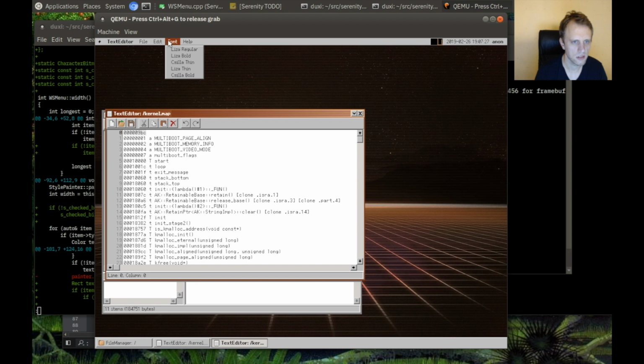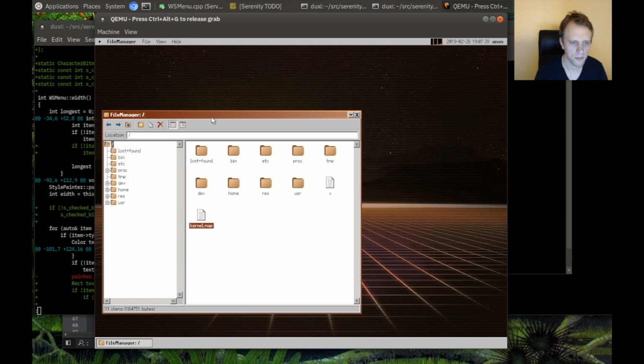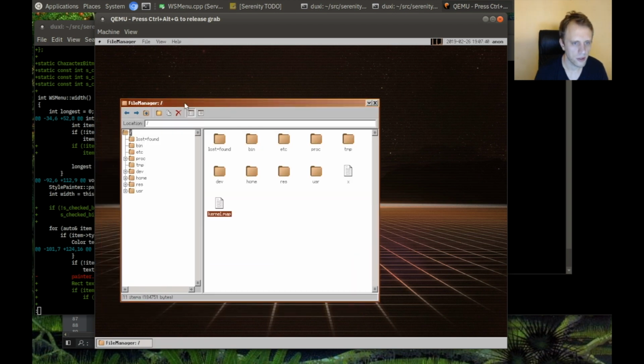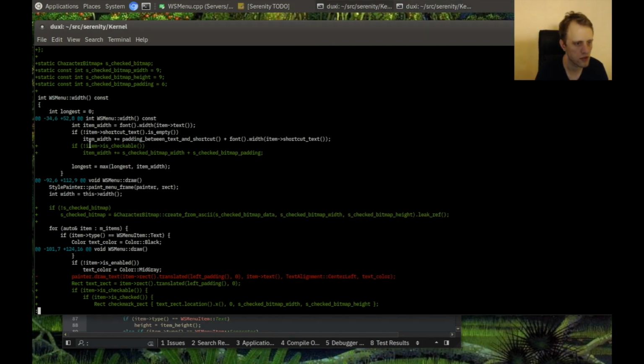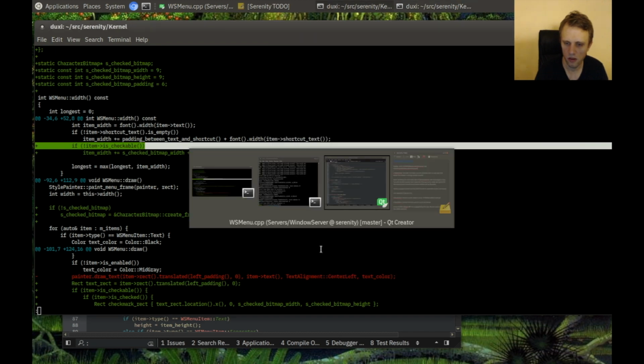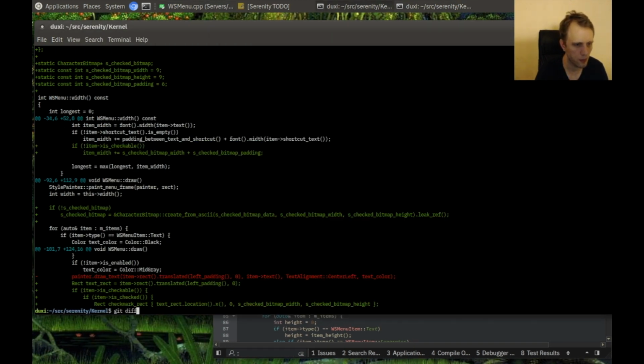Let me just see. Yeah, so this is the expected amount of padding on this side, and same on this side. Oh geez, I didn't rebuild. Right. Yeah, this looks good. Okay. So that's why we have review. Right, so